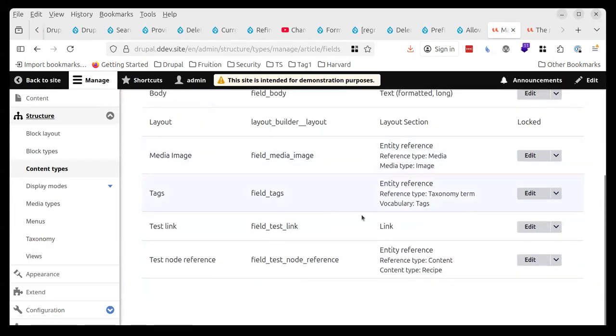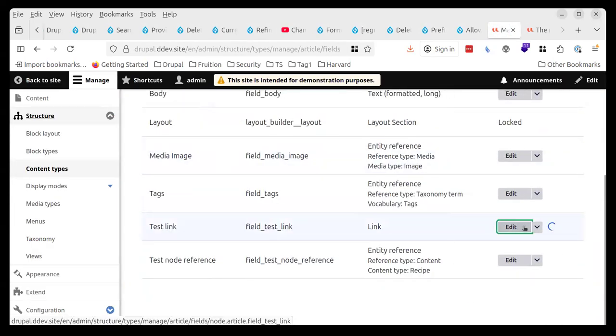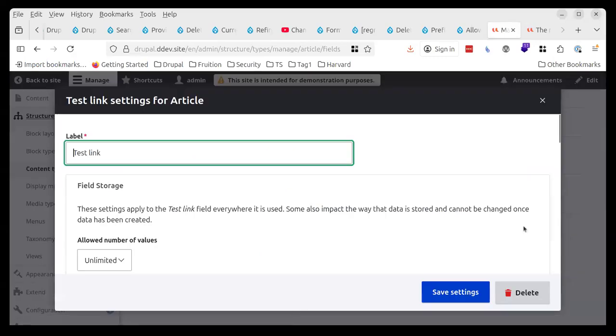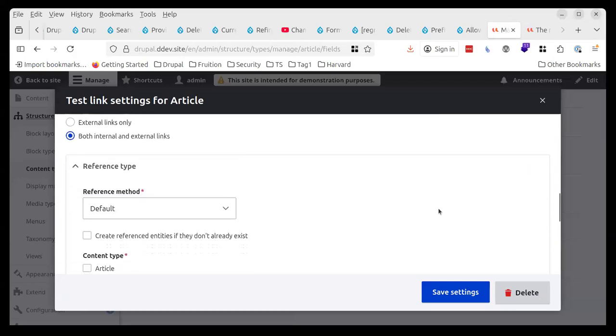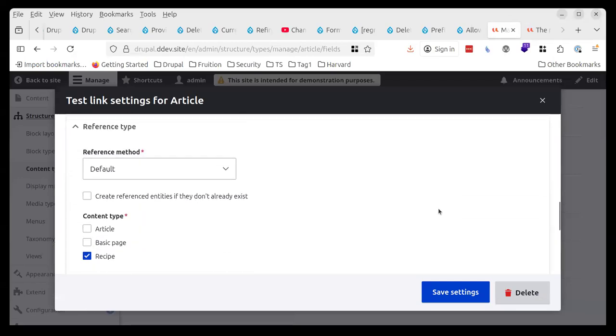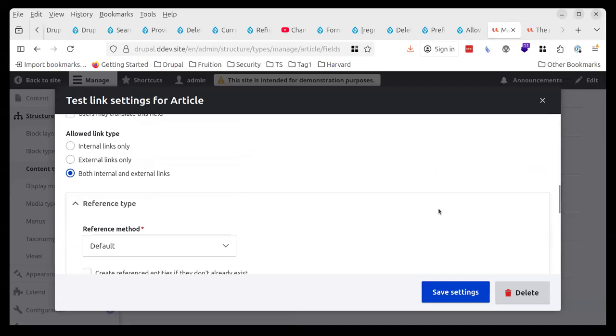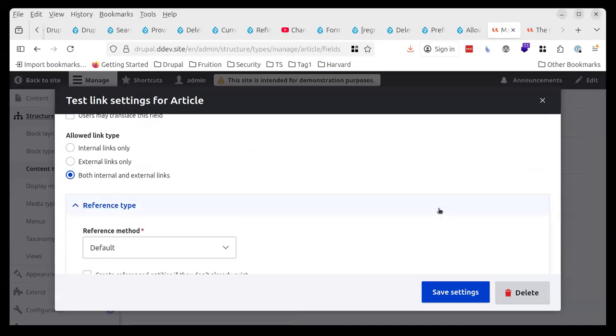Manage fields, test link. And if you scroll down a bit, please. My only problem I see, could you scroll slowly a bit up? Yeah, that's okay. Perfect. The sole problem I see is if you, for example, select internal links only,